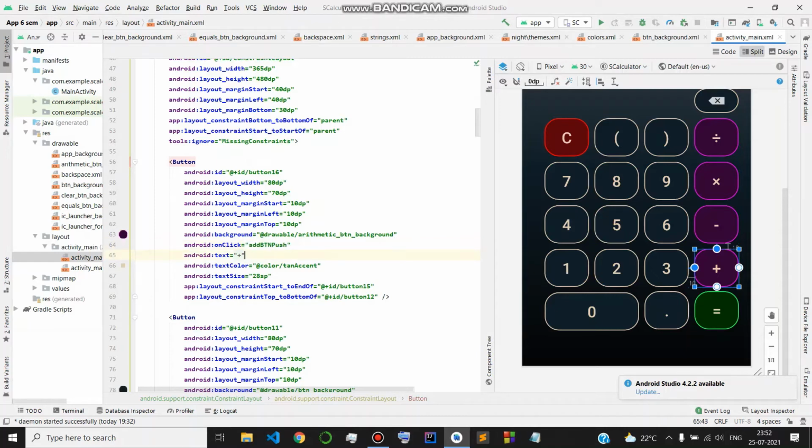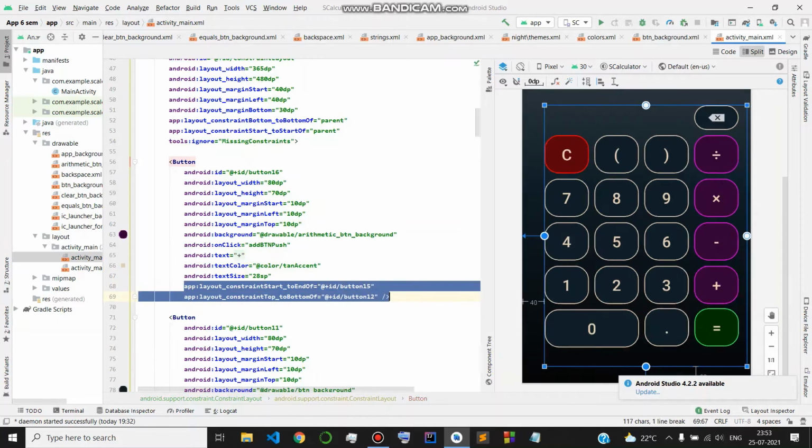And this text equal to plus means that on the button this plus symbol will be visible. The text color is tan accent, again deriving this color from the colors.xml, obviously. Now the text size is 28 sp, and the last two lines of code determine the constraint of the button